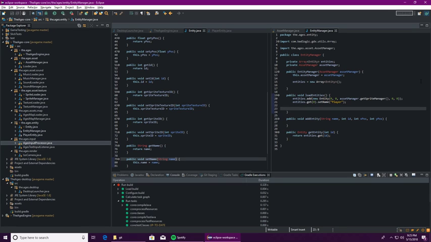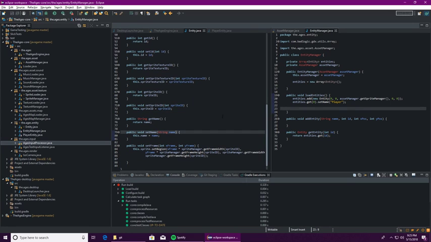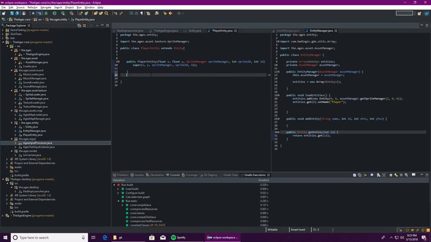Okay. So now that we have that, we should be able to pass that onto the player. Okay, here we go. We can get the entity, and then we can say if the entity dot 0. Okay, yeah, this works. So here we can just do public void set input processor,